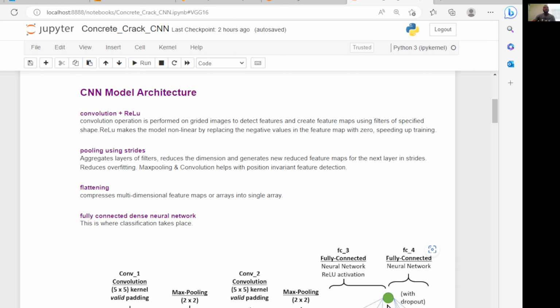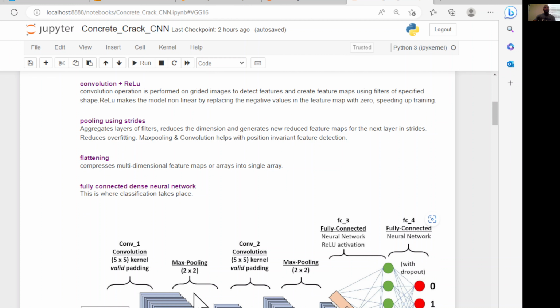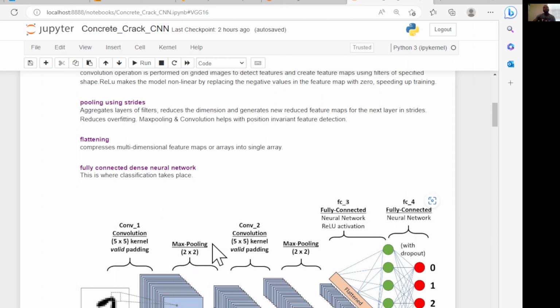helps to make the model non-linear by replacing negative values with zero within the feature map, and this helps to speed up the training of the model. And the pooling layer aggregates the outputs of filters, dimensions are reduced, and new reduced feature maps are created for the next layer using strides, and this helps to reduce